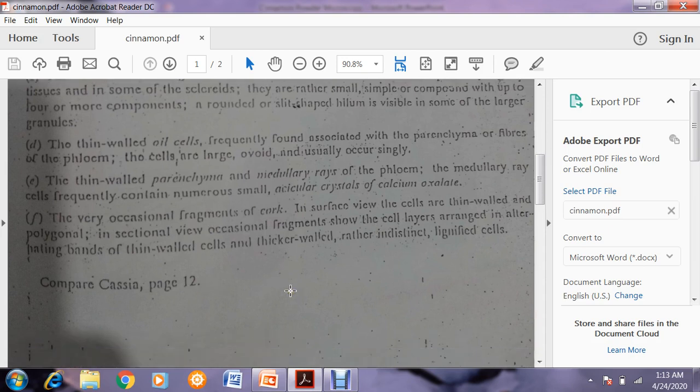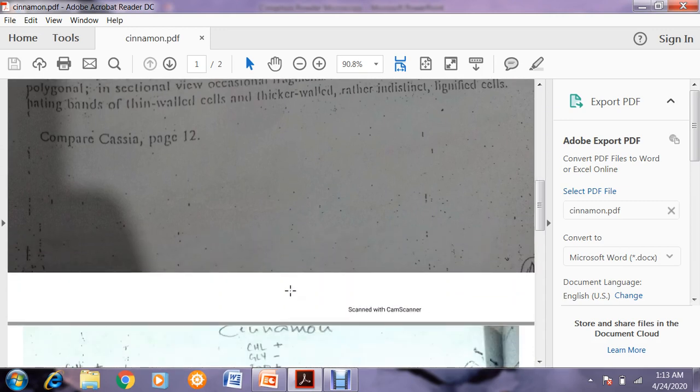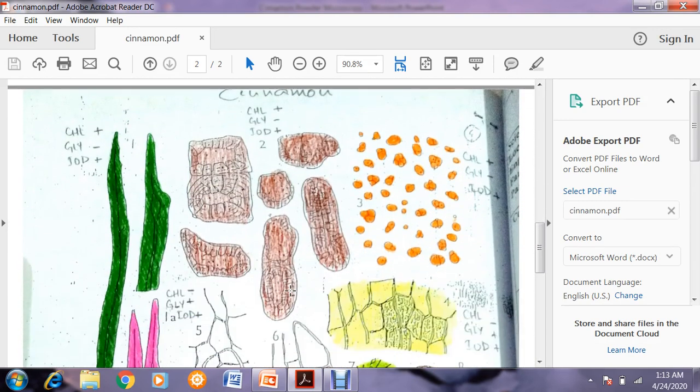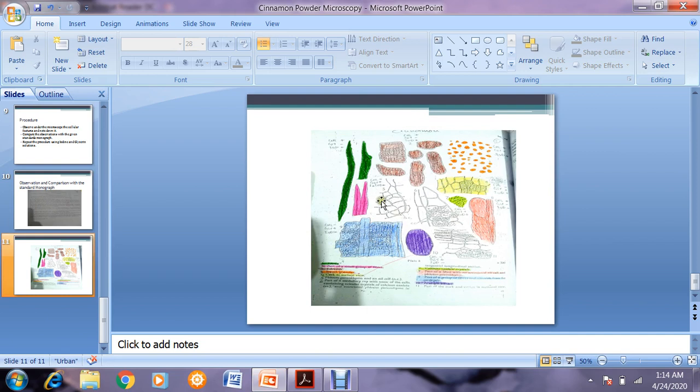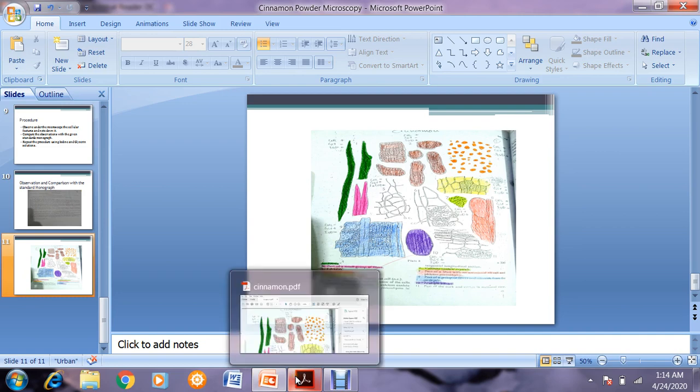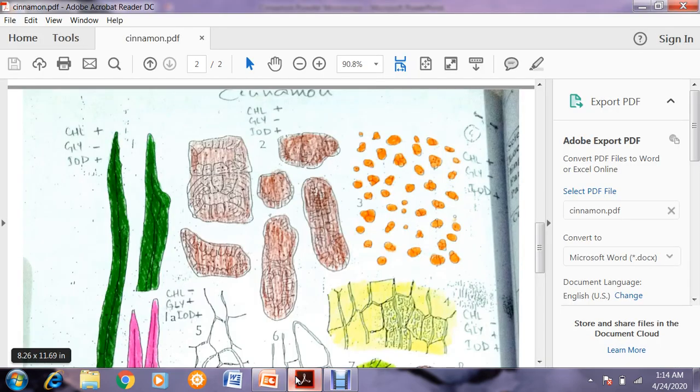Okay, now we will see the pictorial view of cinnamon. This one. This is the picture which I have shown you. I was explaining this page, and now I am coming toward this part of the monograph. Now here, as I have told you before, different kinds of cell structures and diagnostic features are there. For example, this is the first one,